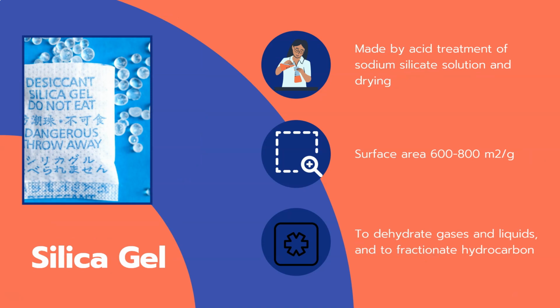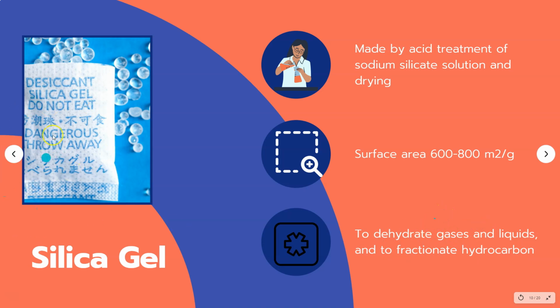Then we have another one, which is silica gel. Silica gel as an adsorbent is made by acid treatment of sodium silicate solution and also drying. The surface area of silica gel is around 600 to 800 meters squared per gram, and its main function is to dehydrate gases and liquids and to fractionate hydrocarbons. So, to dehydrate gases and liquids such as water,